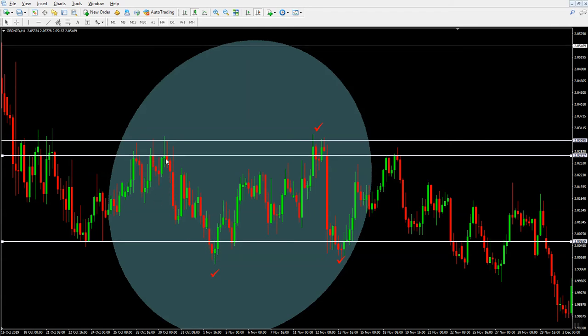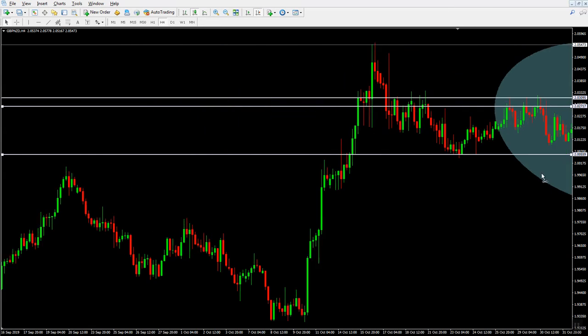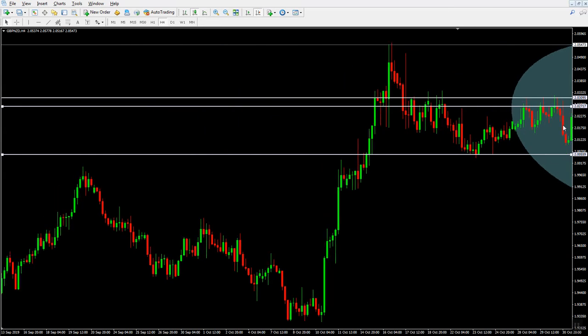But not before it created multiple movements between here that would run us through a roller coaster of emotion and really test our ability to stay in that trade, especially at these particular points. Because when you're looking at something like this and you find yourself in profit, and then the market reverses literally from the last couple of seconds of this candle to that candle before meeting your ultimate target which you're looking at,